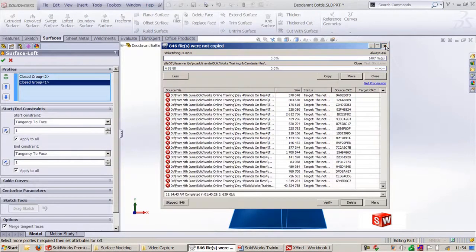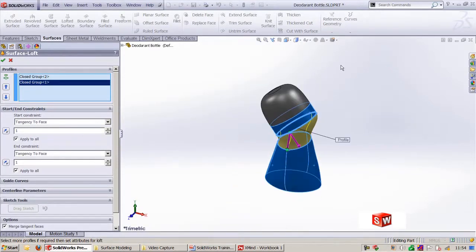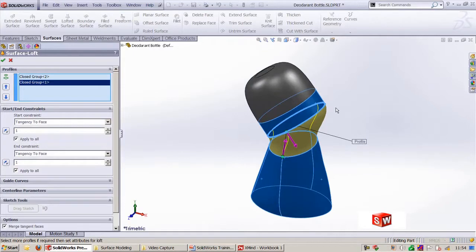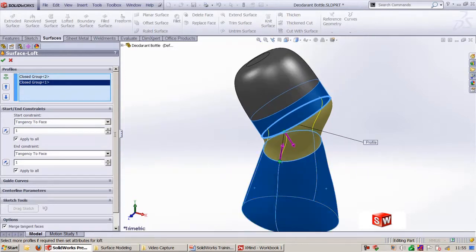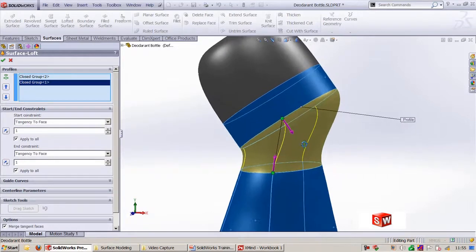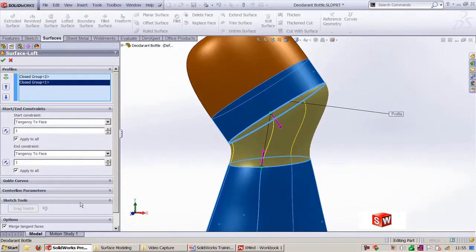Okay, sorry for the interruption. Now you can see here we have removed this using surface locked. I'm sorry to interrupt. Once again I'm repeating this. Using tangency to the face, we had given this surface a tangency to this face and end constraint with respect to this surface. Once you complete this, click OK here,